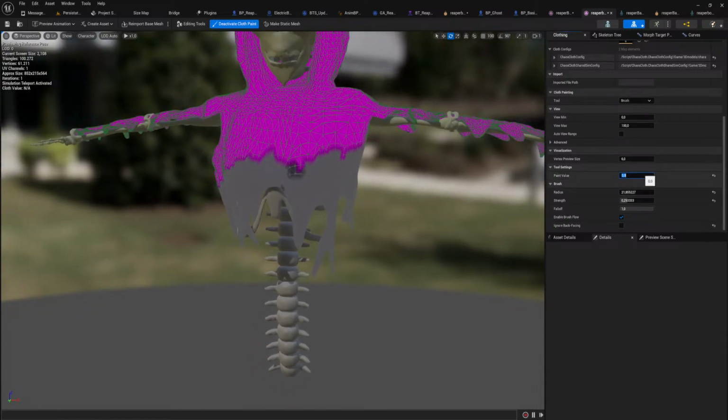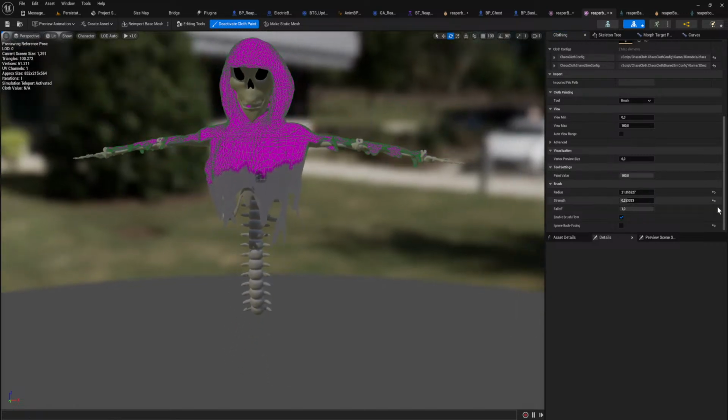Let's set it to 100 and then just see what happens. We can always come back to this later, but let's do this a little bit rough for now. That's maybe a little bit too much. Just paint this entirely in as white, and then we'll go back later.